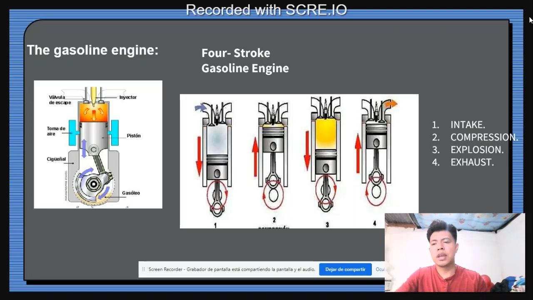In expansion, the explosion of the combustion mixture gives rise to the expansion stroke,